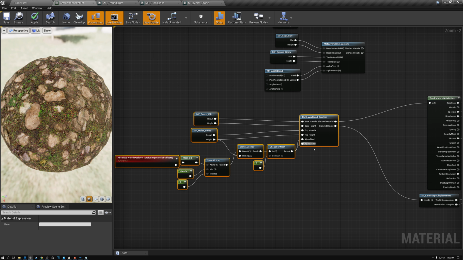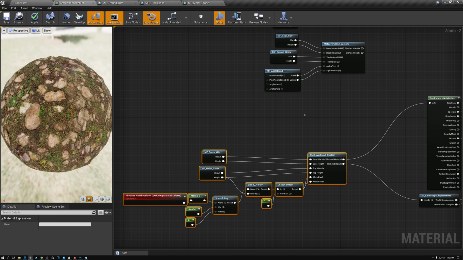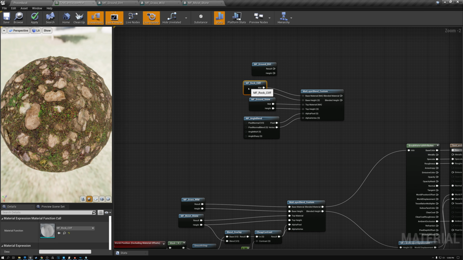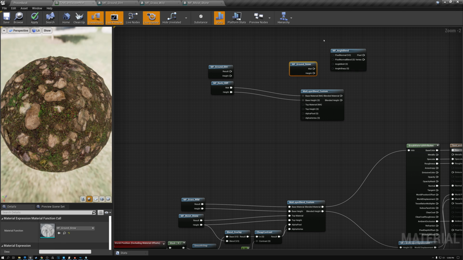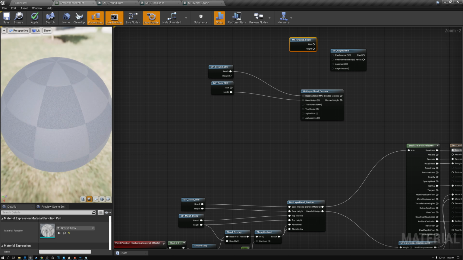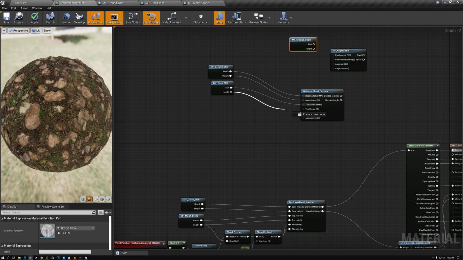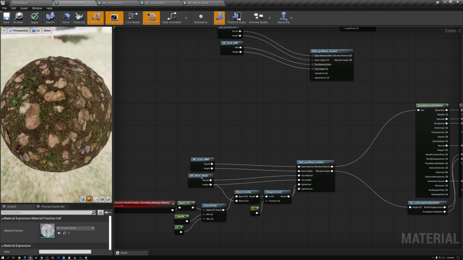And the next thing that I want to look at is our cliff material. So we have our rock cliff, and at a high altitude we want rock cliff, but at a low altitude we want the ground dirt. So we can do this kind of similar to what we've done with the grass material. I'm just going to move the snow out of the way for a minute. So for dirt, we want the dirt where it's low, and we want the cliff where it's high, and we can blend between our dirt and our cliff based on